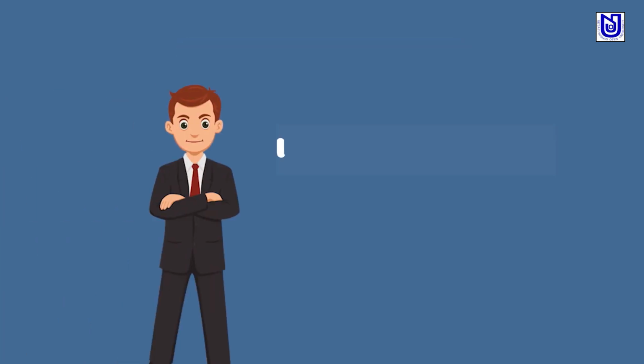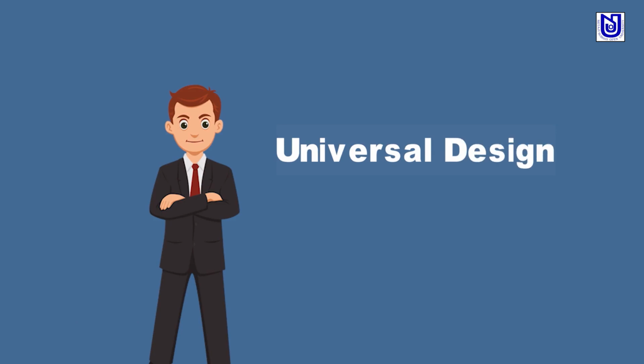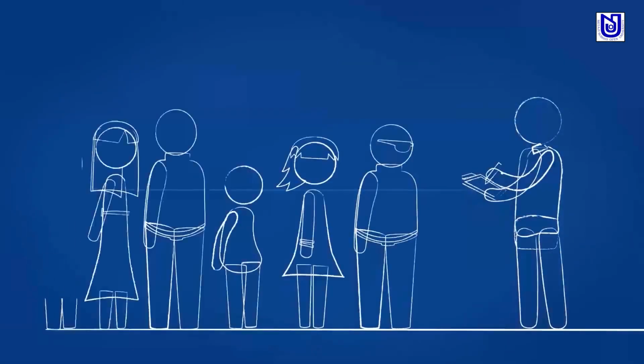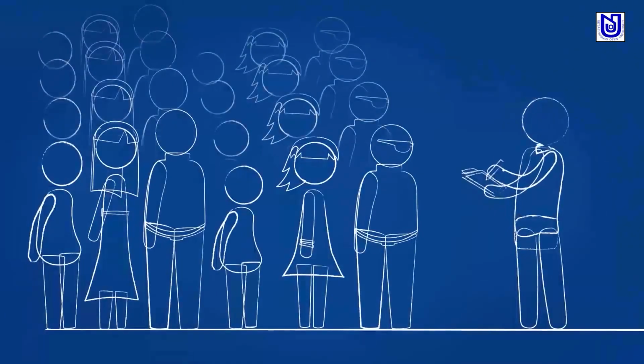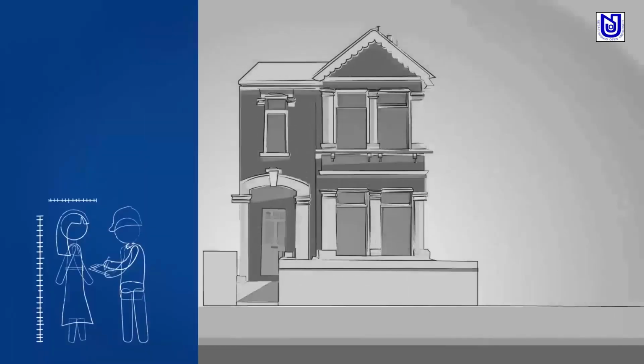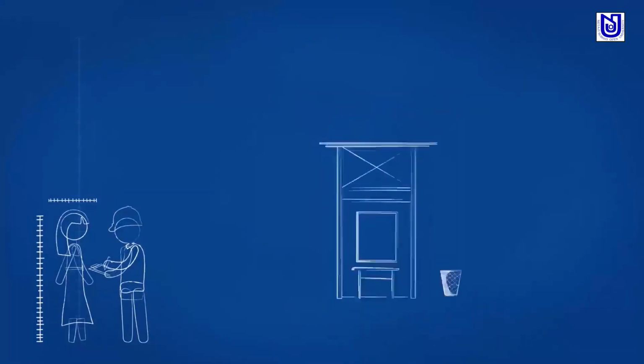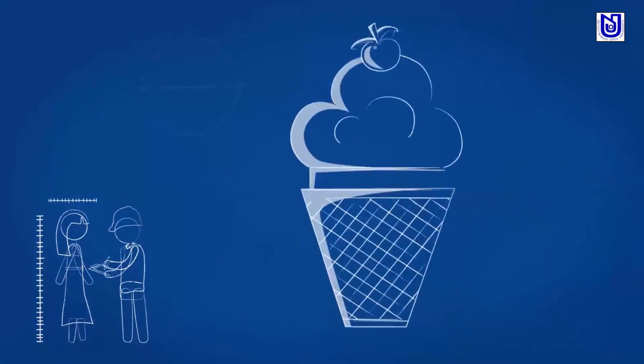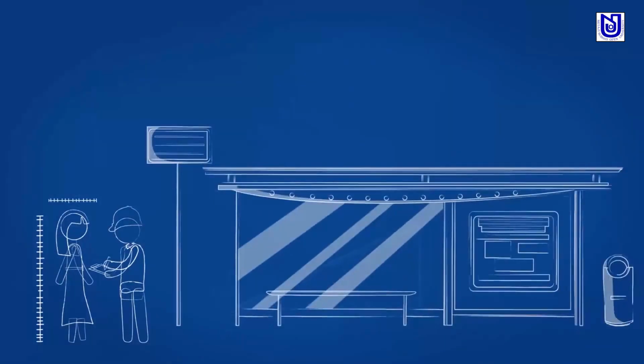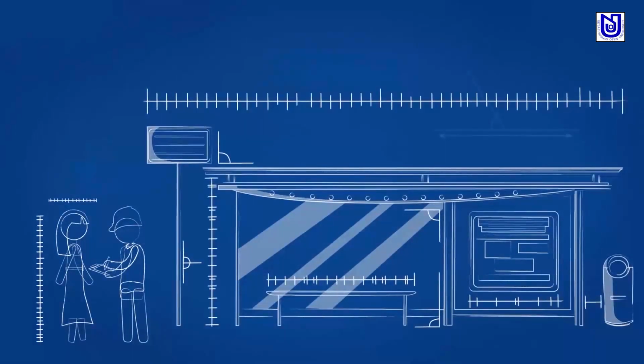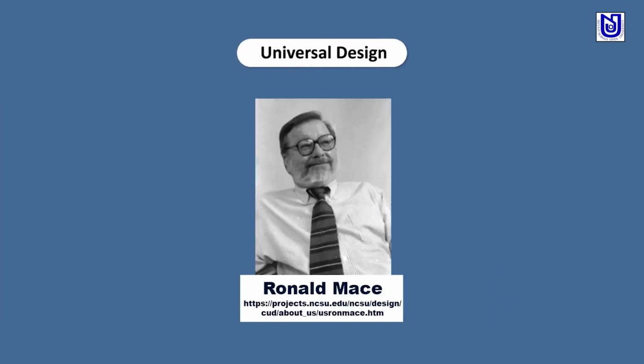Now comes the concept of universal design. So, what is universal design? It is an architectural idea that focuses on designing products, buildings, or environments that can be utilized by everyone, regardless of their constraints, regardless of their disabilities or challenges. The architect Ronald Mace invented this concept of universal design